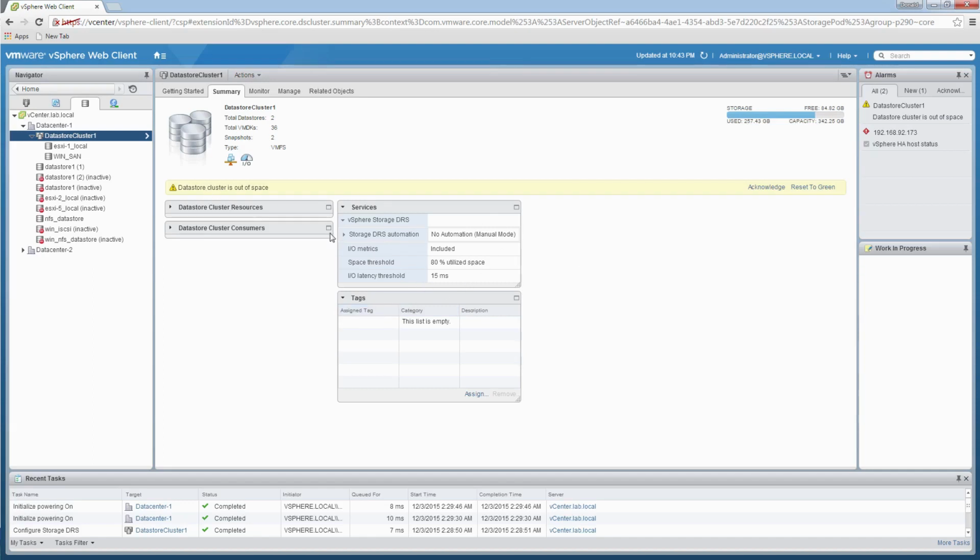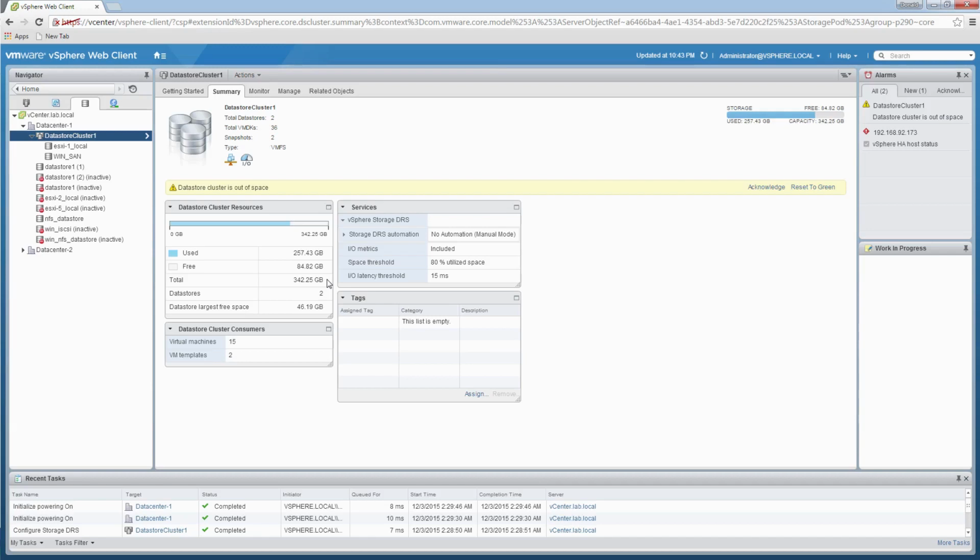For one, it's telling us that we're running out of space on this cluster. Then we'll have some information on the cluster resources and the virtual machines that are currently stored within this cluster. So that's all I wanted to cover in this section